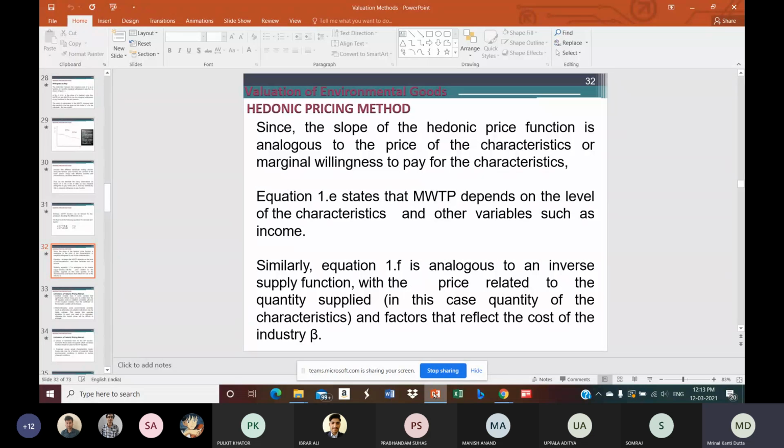But of course, there are certain issues, certain limitations of the method as well. In fact, this valuation technique, which is suggested in the case of environmental qualities, will not give you the exact value of the environmental goods and services. Of course, this is not possible either. So in most cases, we find a rough approximation or rough idea about the probable value of environmental amenities. So there might be certain issues in the hedonic pricing method. Let's see what these issues are.